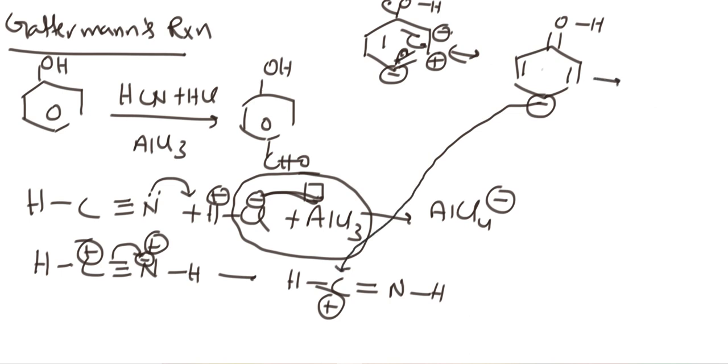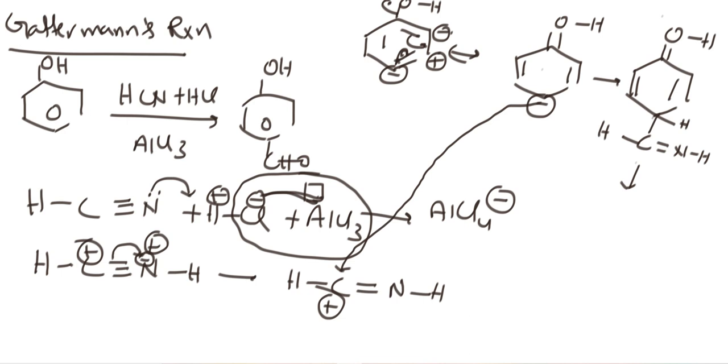Then what is the product? Observe the mechanism. This is OH. Here double bond, here double bond, here CH double bond NH. Okay? I hope it is clear. Understanding. Then your hydrogen is there, don't forget it. Now this is on hydrolysis. Here this is O plus, unstable. Please keep observing that.